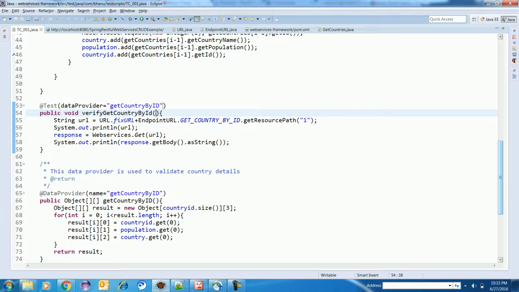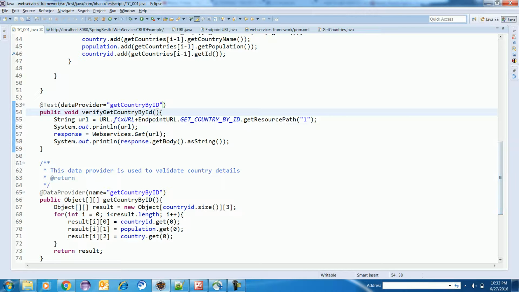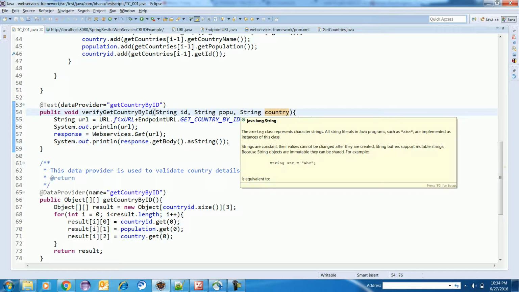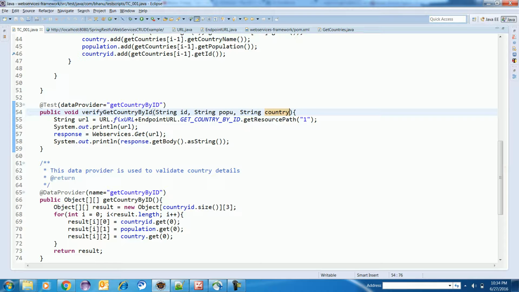But still I can write here string ID, that is my first variable, string population, and one other thing, string country. Since my data provider has three columns, I have to make these three arguments to my test, and this basically comes from the TestNG concept, not Selenium.